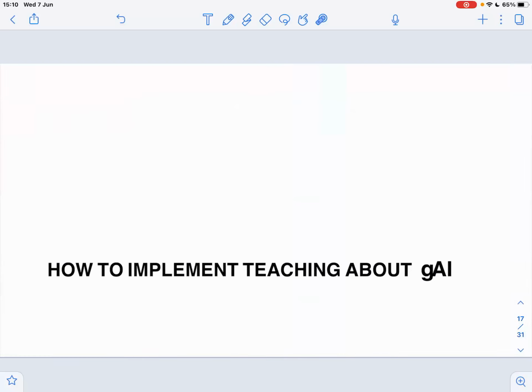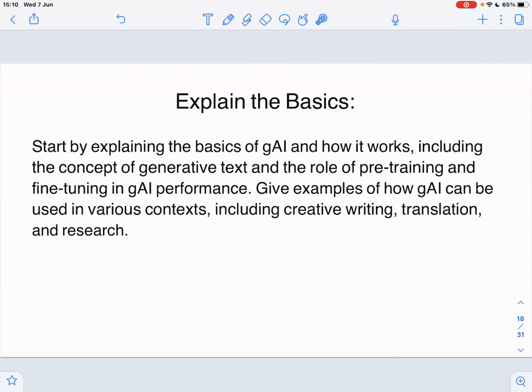So how can we implement generative AI in our teaching? Not just maths, but in general. The very first step, as Cesare totally rightly mentioned, is we need to explain to students how it works. How does an LLM work? How is it built? What can it do? What can't it do? So we could start with workshops on